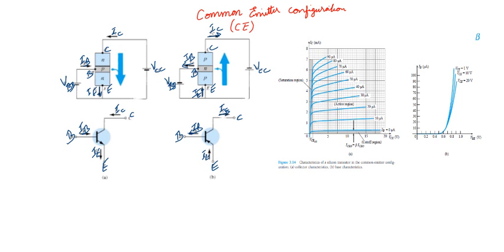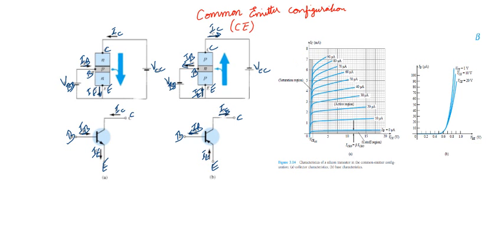Okay. This configuration is called common emitter, right? Why is it called common emitter? The emitter is connected to ground, while at the input you have given a voltage VBB, and on the output side you are giving another voltage VCC. This is called common emitter configuration. This is for an NPN transistor. Similarly, for a PNP transistor, I have to ensure that the base emitter junction is forward biased, so this voltage is negative. Again, this voltage is also negative. Remember, for an NPN transistor, both the voltages are positive. Here it is negative. This is also negative, right?